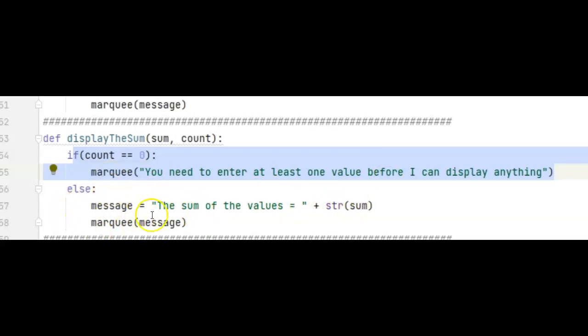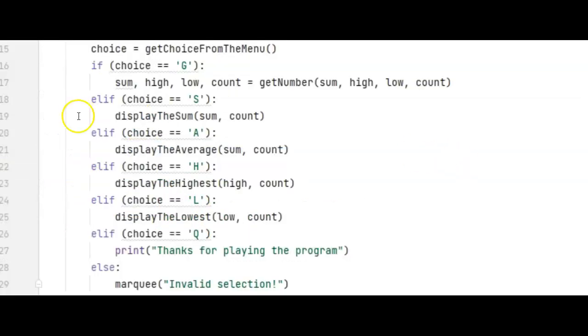Now, notice I keep using this marquee, and you'll see that in a minute. The rest of the functions, display the sum, display the average, display the highest, the lowest, are pretty similar to display the sum. I pass it